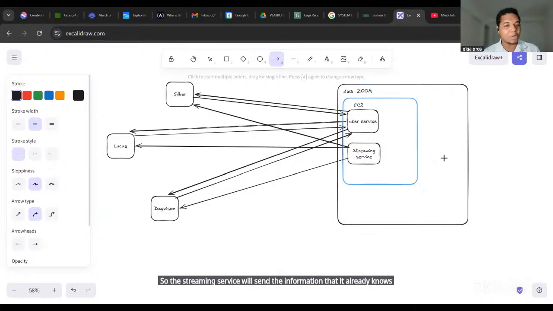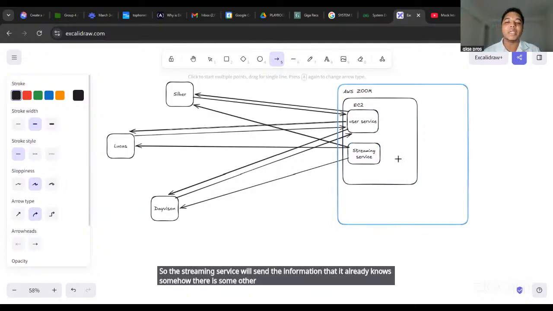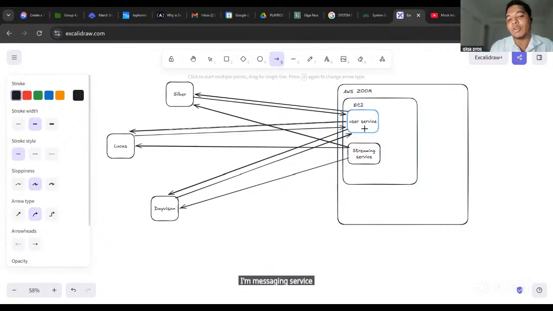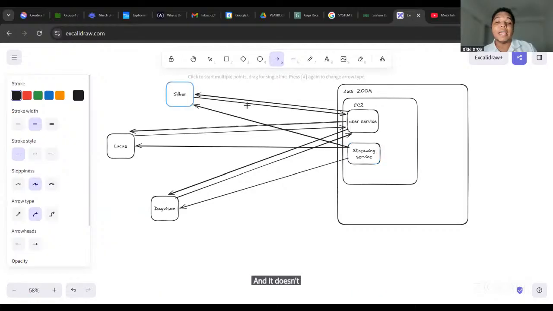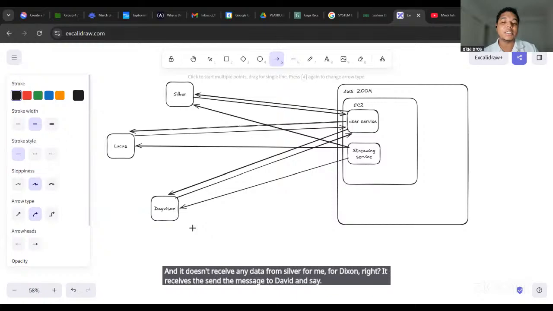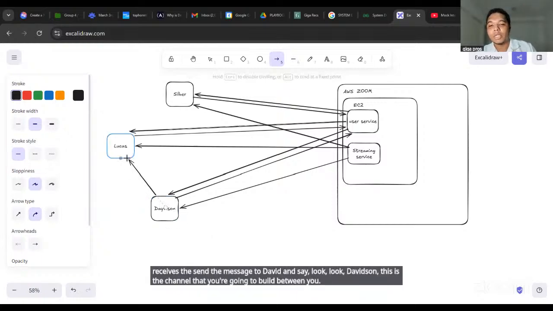Somehow there is some other module, or it consumes a queue, a messaging service, a database, or the user service that tells the streaming service to send this data. And it doesn't receive any data from Silver, from me, or from Davidson, right? It sends the message to Davidson and says, look, Davidson, this is the channel that you're going to build between you and Lucas